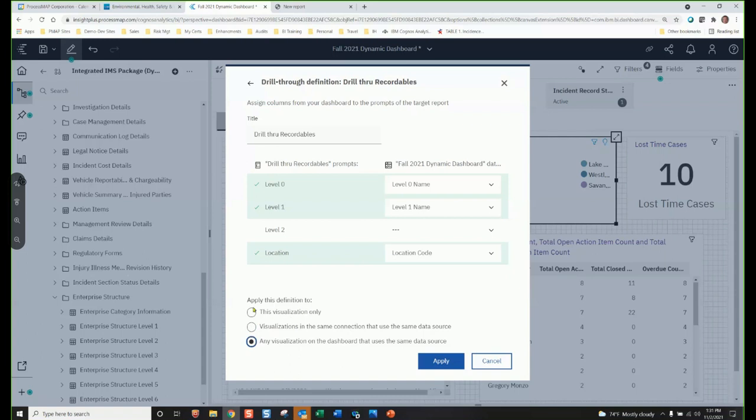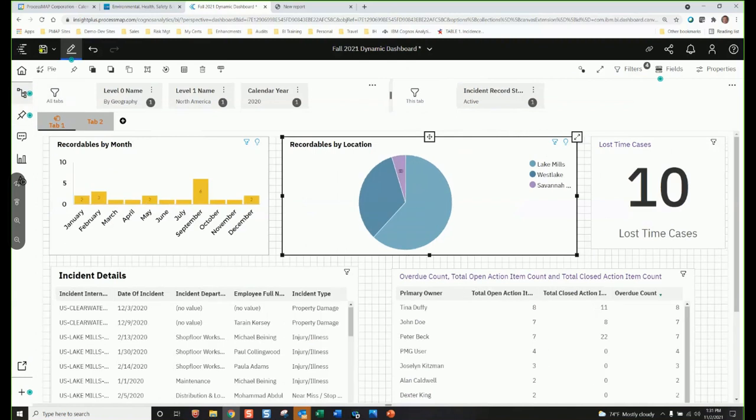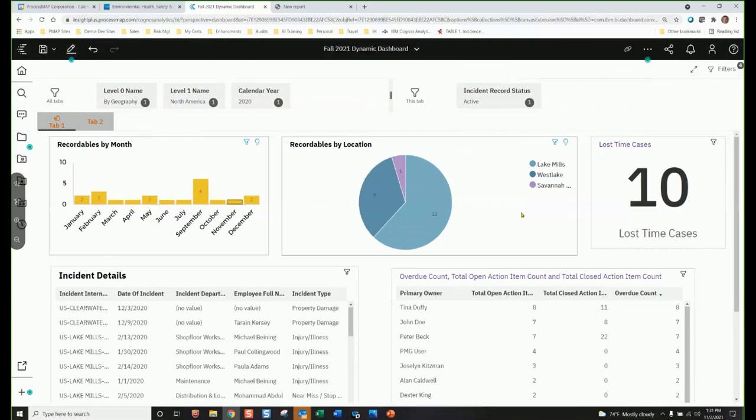But this one I'm going to stay away with because I might want to use this in multiple. Well, let's just test it. Okay, this visualization only. We're going to test it with that, see what happens. We're going to apply. Okay, so now we can save this and unfilter it. So if you're a user and you're filtering for, let's just say, Westlake,